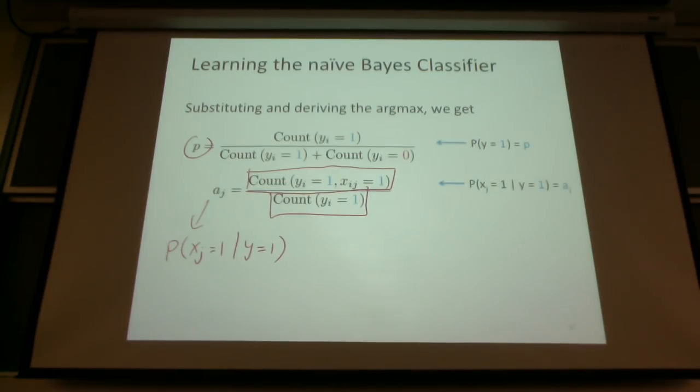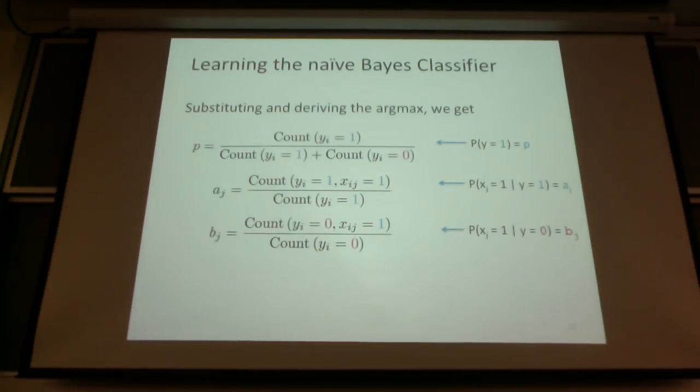Anyway, so you have these things. You get aj, the number of times xj ends up being 1 when y equals 1. Bj is not a surprise. It's the number of times xj is 1 when y is 0. Right? So what I have done is I have